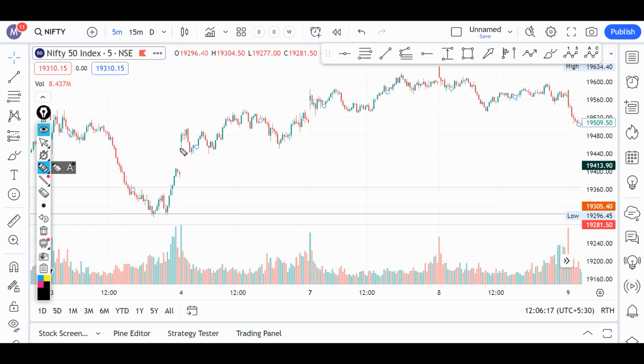What has happened? Gap up opening. All the retail traders, as soon as they see this movement, have entered into calls. What has happened? The next movement came down. Now in this scenario,